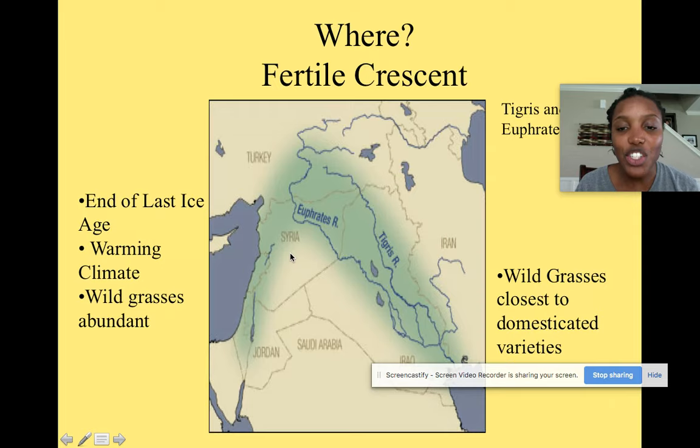All civilization began in the Fertile Crescent, or in between the Tigris and the Euphrates. The end of the last ice age caused a warming trend. When wild grasses begin to develop, we begin to domesticate and begin to farm. And this area is one of the most fertile areas at that time, in between Mesopotamia, the Tigris, and the Euphrates, where all civilization began on the African continent.